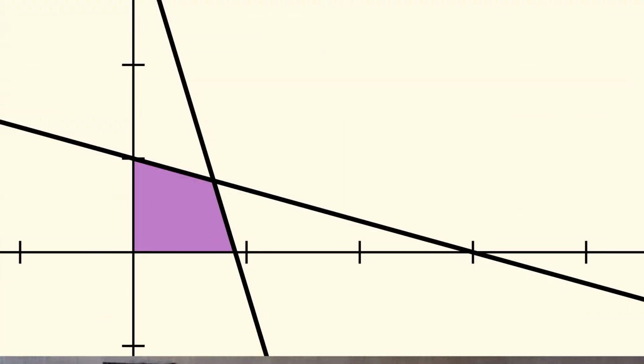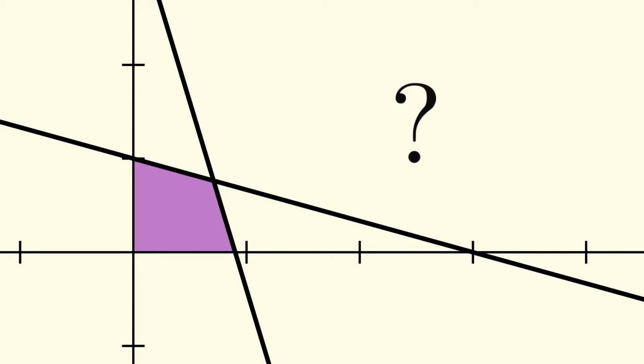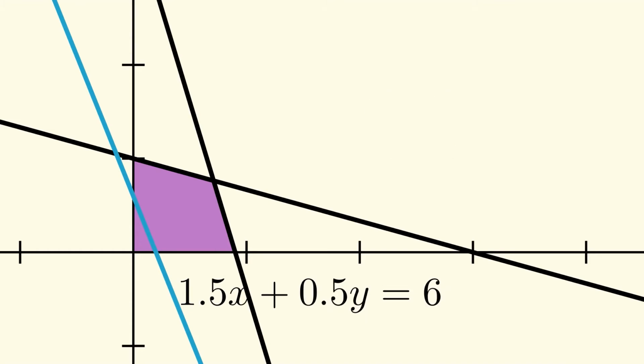You're right. But the thing is, the smaller infinity is much easier to manage than the xy plane. And in fact, the observation that helped us get the feasible area also helped us reduce the number of points to check for an optimal solution to a finite number. Here's how. Having plotted the feasible area, instead of finding the point which gives us the optimal solution, we just pick a random value for our objective function, say 6, and plot the equation 1.5x plus 0.5y equals 6.